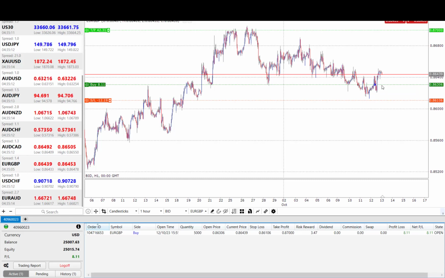You can see that I executed it here after a change of character and then the retest. And so I'm already in that position, and I'm expecting that it will go to around the 8700-ish region. So that is the pair I wanted to discuss while showing you how to